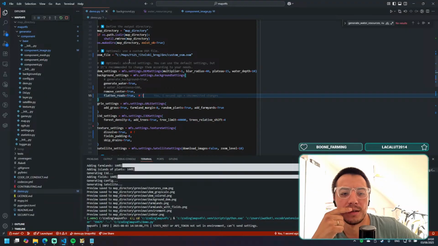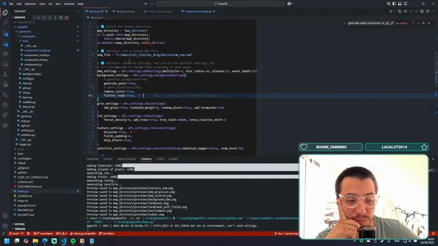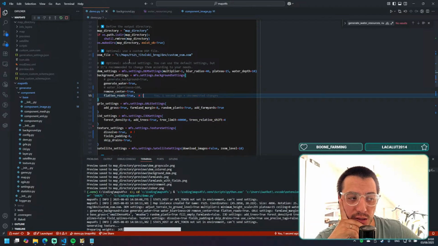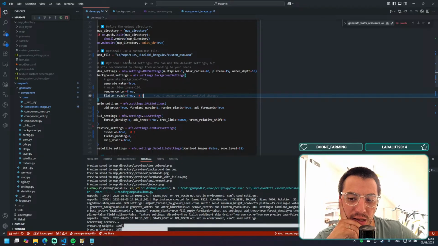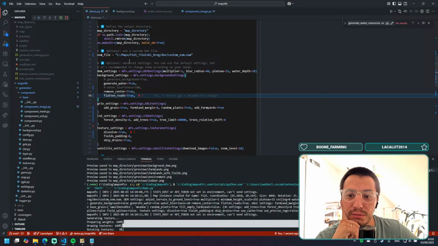Okay. The thing is, this process of flattening the roads, in my case, with a big map and a lot of roads, takes up to 15 minutes. And since I don't have any ideas what to show, I think I will jump off. So,